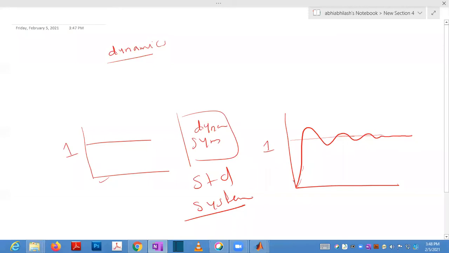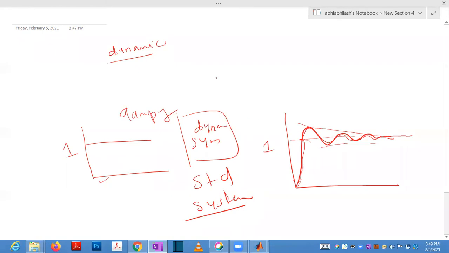It will respond a little slowly, and it will cross this one. You applied one, and it is crossing that one, and it will move a little up, and then with whatever damping you are using, that damping frequency is called the damped frequency.